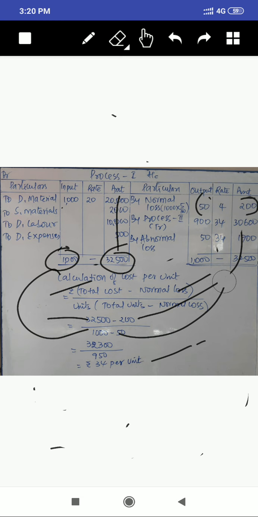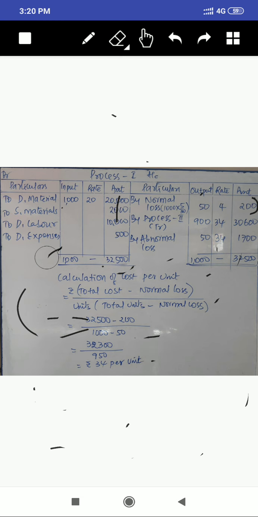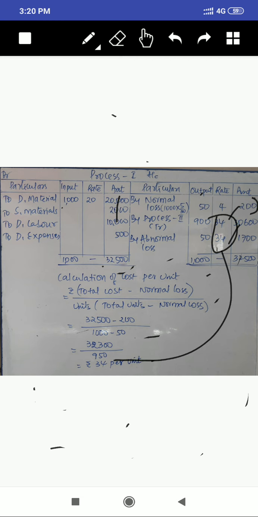Use this 34 rupee per unit in which column? The output, process transfer 2, is not given. You need to find always these two figures: transfer to next process and abnormal loss. You have to find these two by using this equation and this amount. So 900 is given in the problem and 34 rupees computed here. And abnormal loss computed is 50 units. What is the rate for that? 34. You need to write this 34 computed here for transfer to next process and abnormal loss. So multiply these two, write it here, and you will get the total.